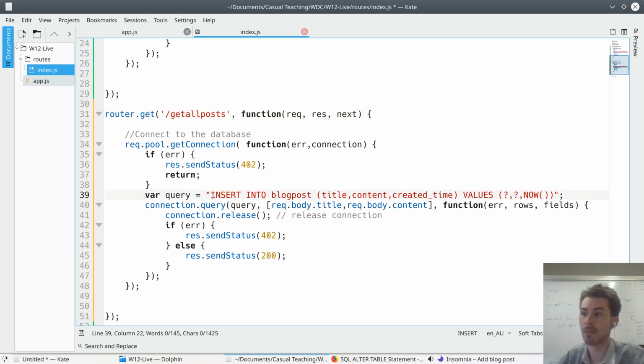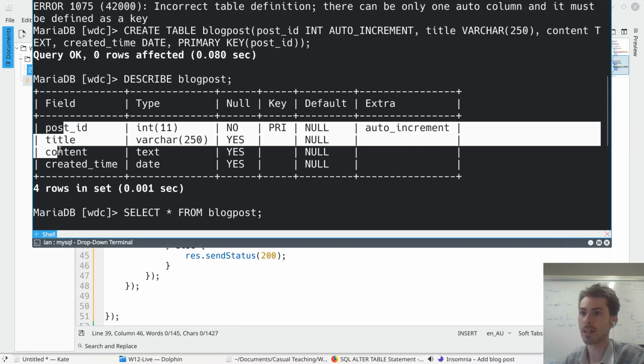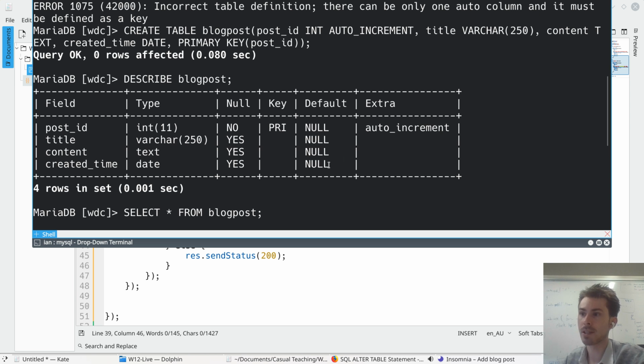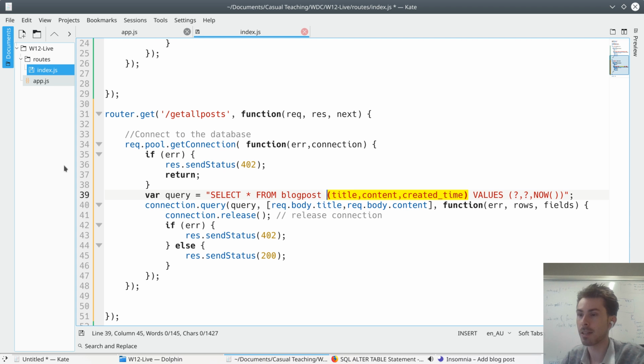And this one's going to be a pretty straightforward request. In fact, it doesn't need a request body at all, because we're just going to grab all of the blog posts and spit them out in our data. So let's go ahead and look at that. We're going to select all from blog post. Remember, our blog post has a post ID, title, content, and created time. None of this is sensitive data, so I don't have any issues sending all of this data back to my client side, but maybe I might want to obscure the structure from what it would be in the database a little bit. So we could make it something like select